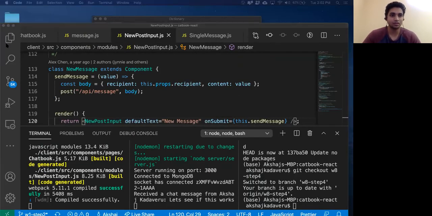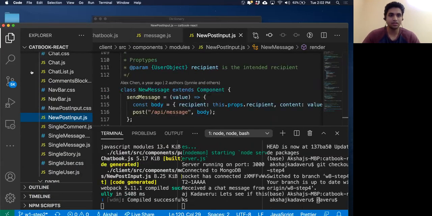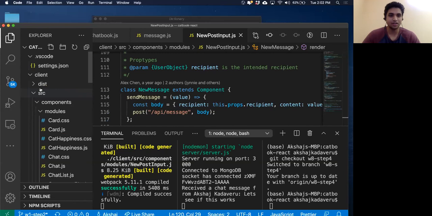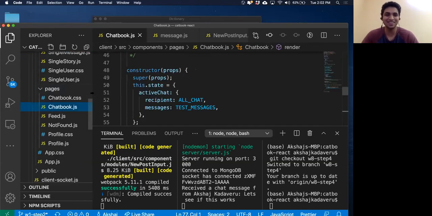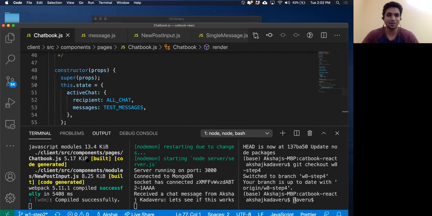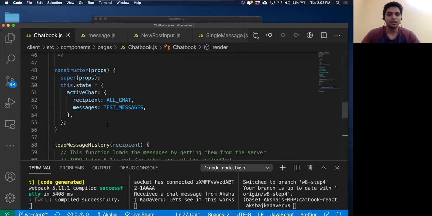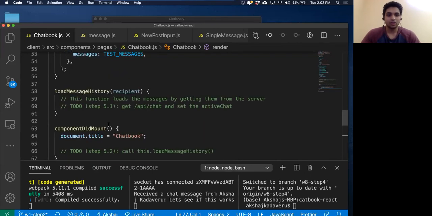So let's go to Chatbook. Every time I scroll the wrong way for Chatbook. Okay. Make this smaller. Okay, so